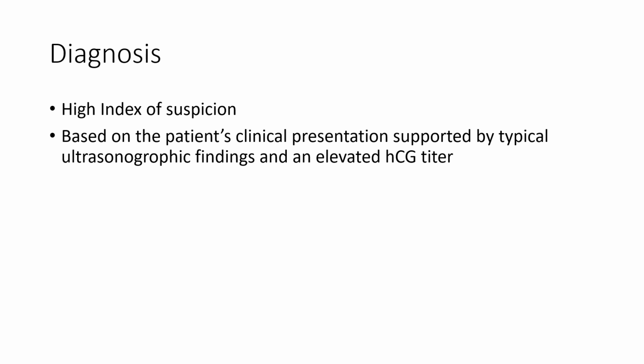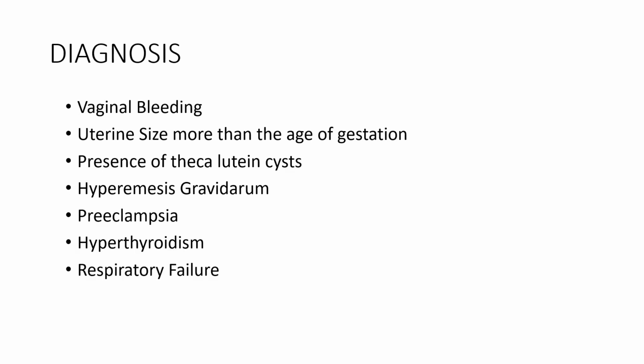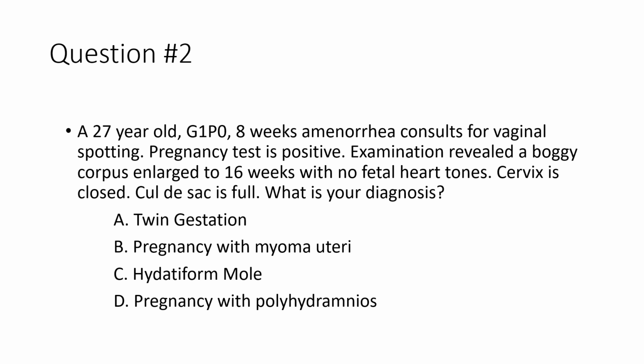So for your diagnosis, we have to maintain a high index of suspicion based on the patient's clinical presentation, supported by typical ultrasonographic findings and an elevated HCG titer. Usually the patient presents with vaginal bleeding, uterine size more than the age of gestation, presence of theca lutein cysts, hyperemesis gravidarum, preeclampsia, hyperthyroidism, and respiratory failure. So for question number 2, if you answered hydatidiform mole,